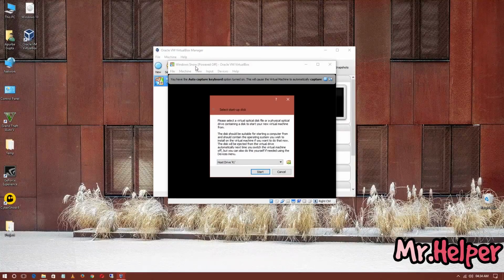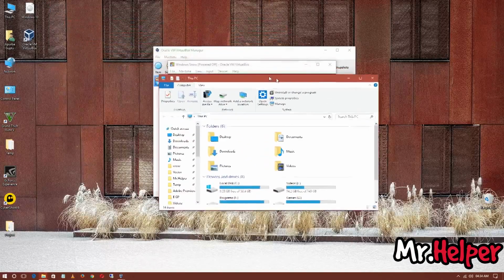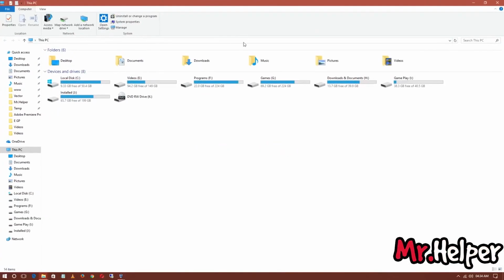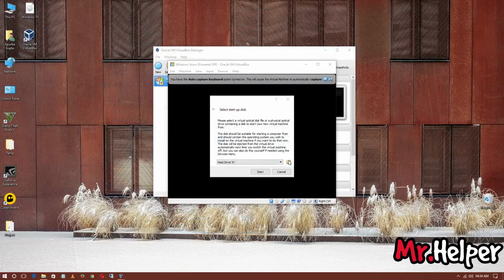So now it's asking us to give the installation disk. Whatever Windows you are trying to install, if you have a disk of it, then insert it in your DVD drive or whatever drive you have. If you have an image file, then click on this button.